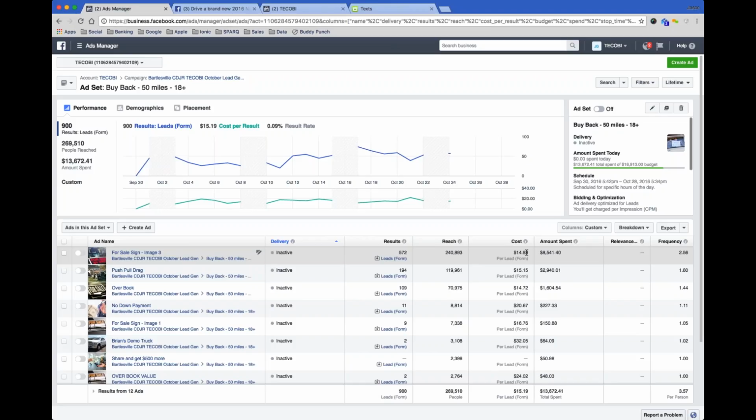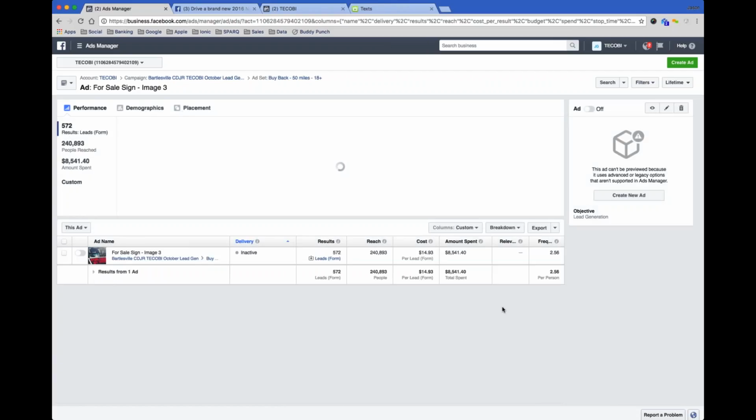My attention is paid to this cost per lead. If the cost per lead gets high, I adjust the ads. If it's low, then we keep pushing that ad. But you can see that even with $8,500, our frequency was only 2.56, and this ran for about 30 days. All right. Actually, he typed a follow-up. He says you have to go into the ad level. Let's look in the ad level.